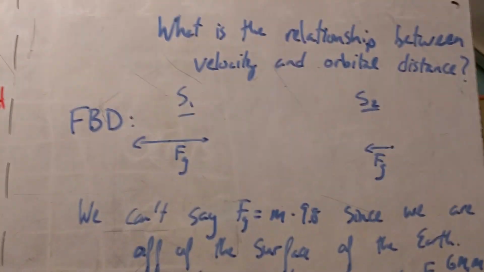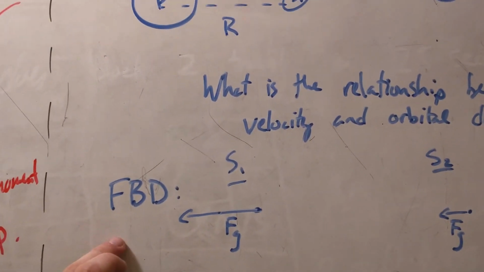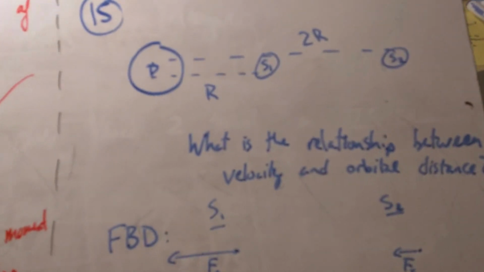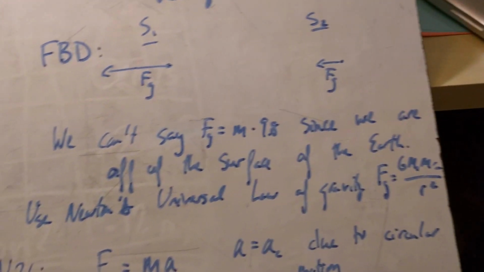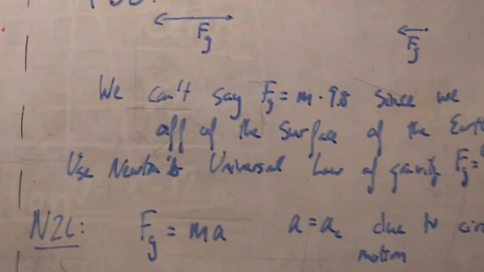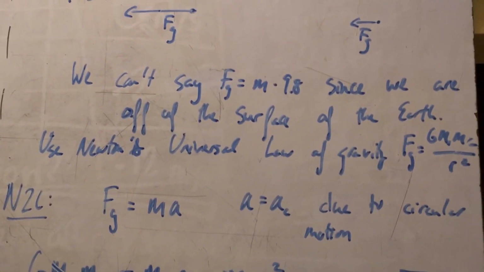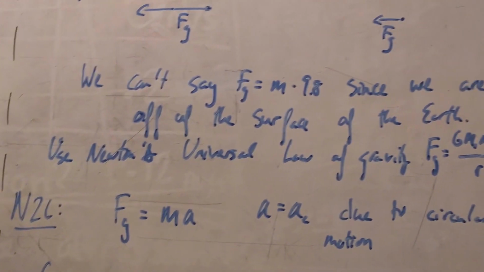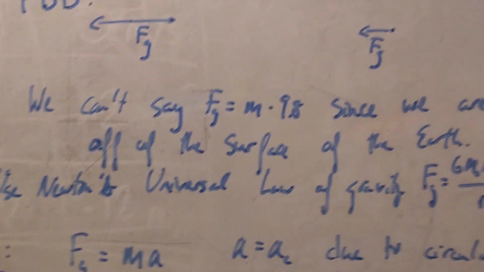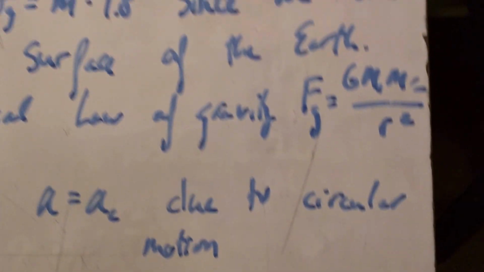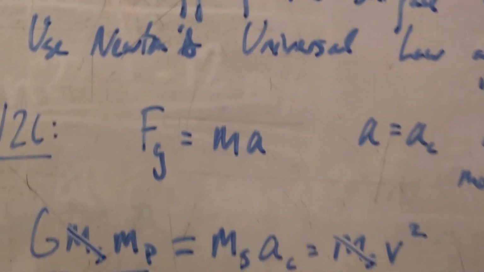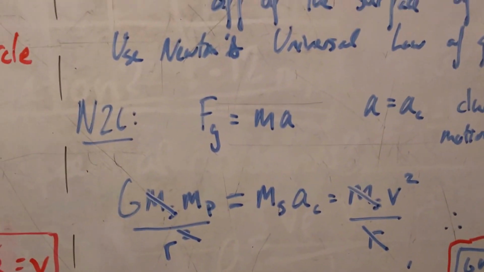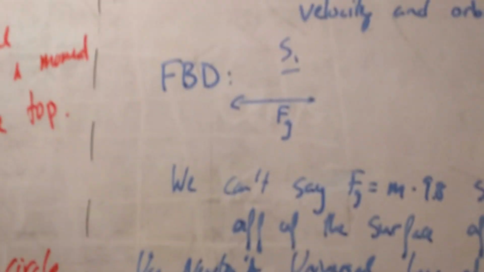And I'm going to try and make a relationship between this force of gravity and the velocity that the satellites are traveling at. And remember, we can't say that this Fg is equal to m times 9.8 because we're not on the surface of the Earth, so we need to use Newton's universal law of gravity. His expression was this big G, m1, m2 over r squared. Now using Newton's second law, we can write that, well, the only force is equal to